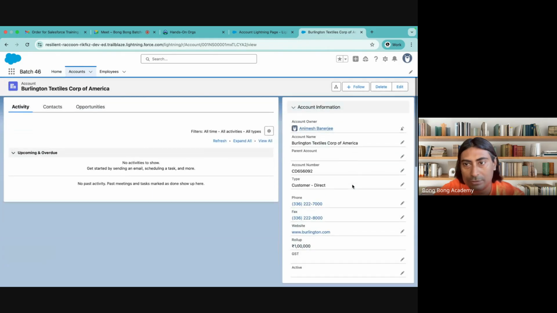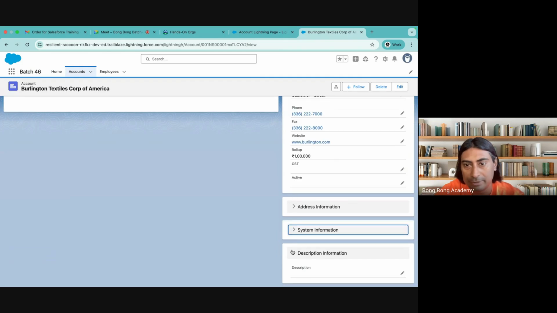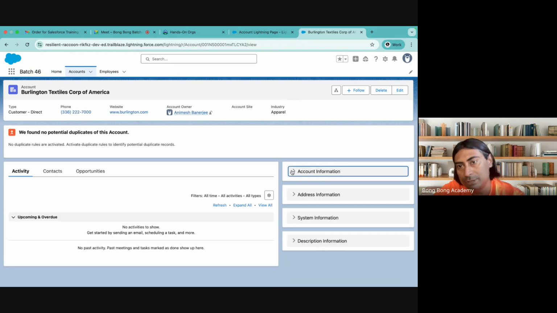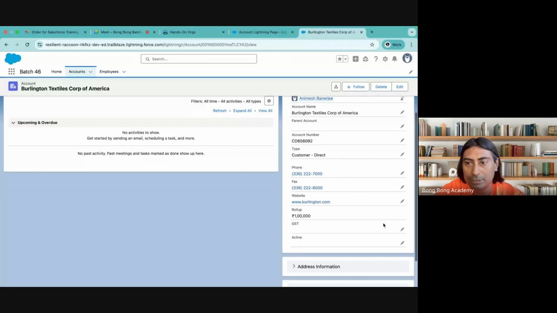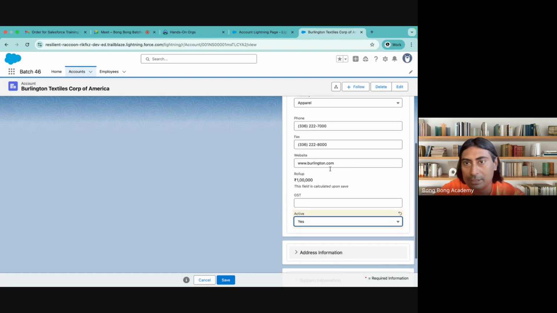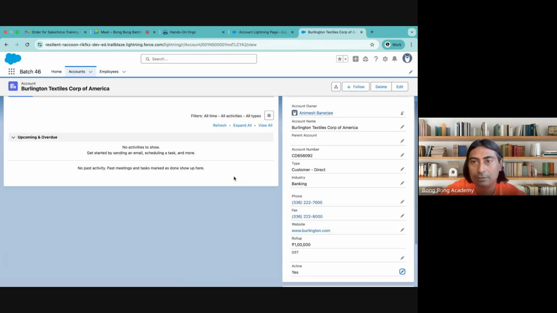So it looks very different now. Your sections are collapsible. That is the benefit. But you also, so you see this looks very different, but you see the active. If I make this as yes, immediately I have the industry which becomes mandatory, right? And I have to save this. This also affects here